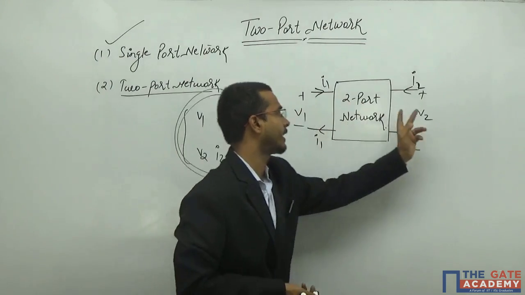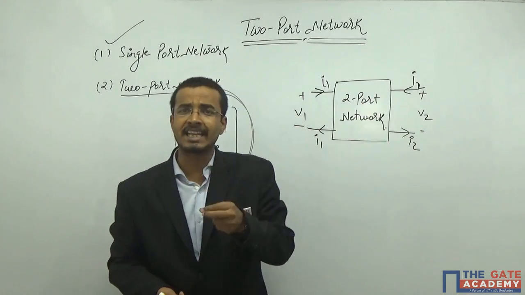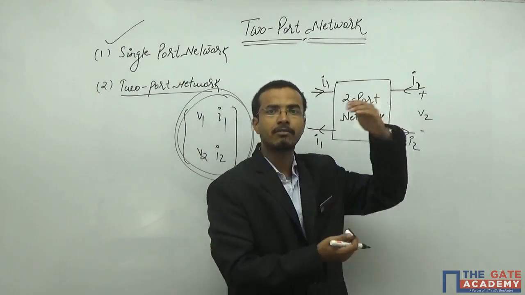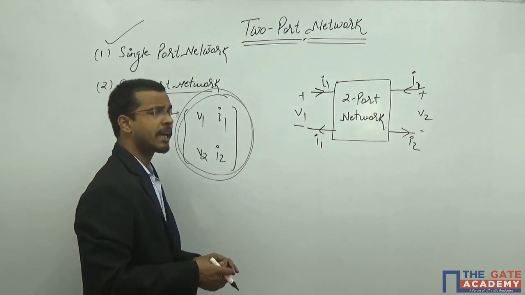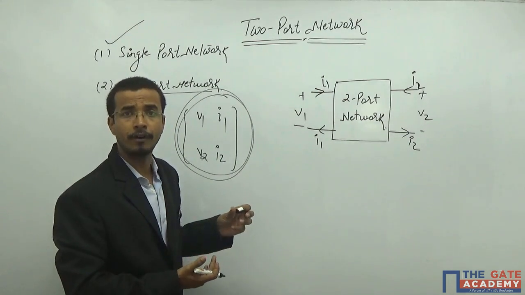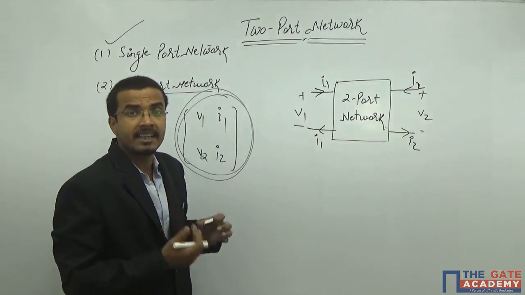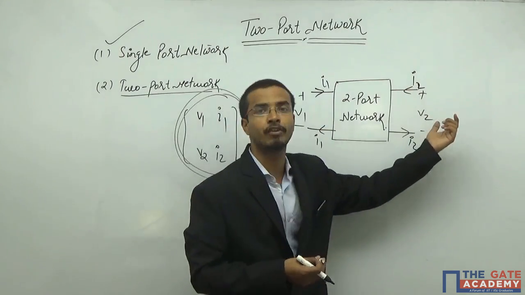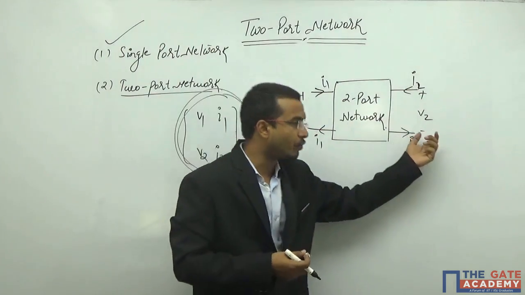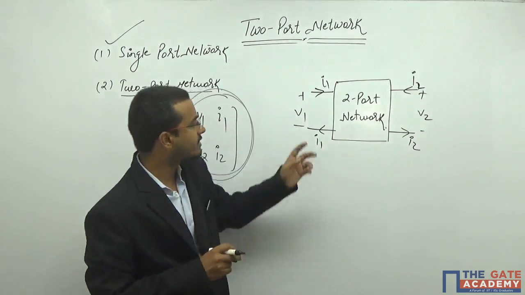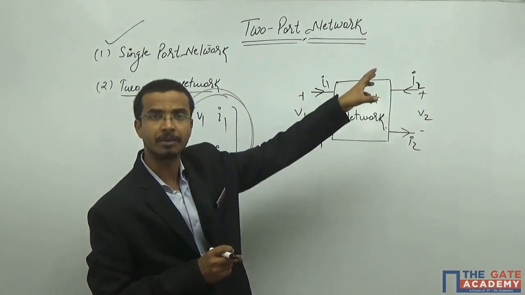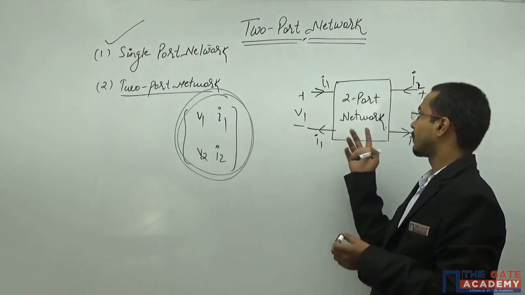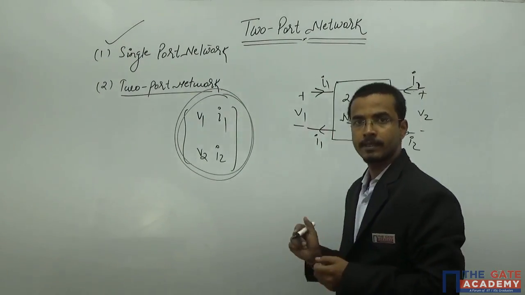That means the current source will be here and the voltage source will be here. That means the selection of my source, which type of source I will apply on which side, will show various parameters of this particular network. That means the characteristic of this network: how will it react if I apply the voltage from here and the current from here, or the voltage from here and the voltage from here also? Then how can I characterize this network? That is known as the parameter. That means the set of some numbers by which you can characterize this particular black box. Okay.